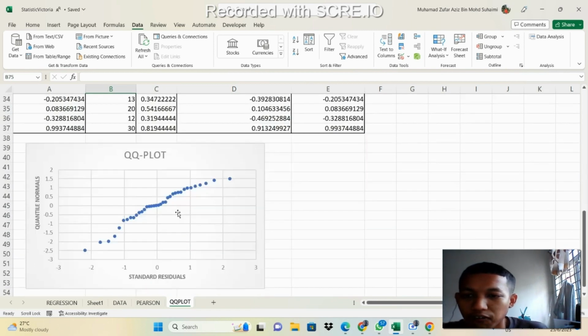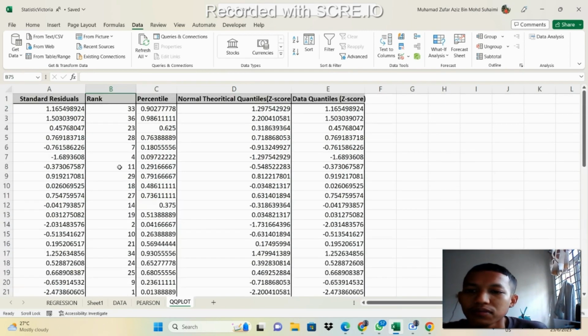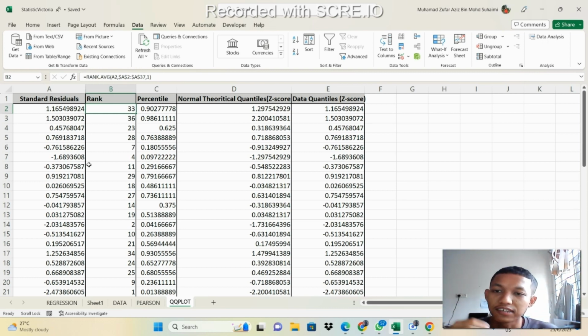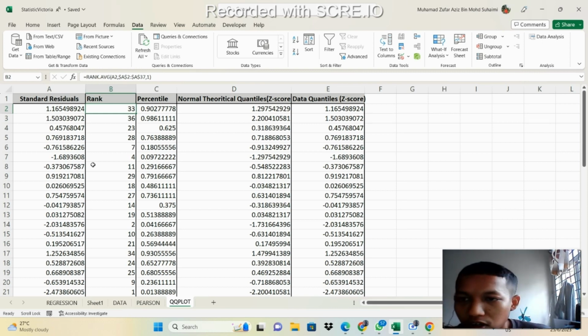get this graph. So we use this formula to get the ranking order, which Excel will conclude by ranking the values from the bottom value in ascending order to the top value. So